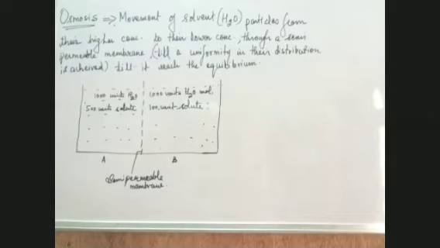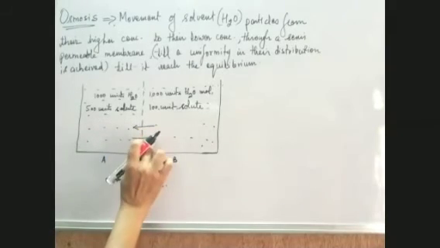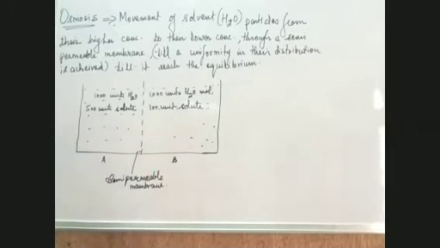Now on the basis of these points, can you tell me from which chamber to which chamber there will be movement? Will the movement of the water molecules be from chamber A to chamber B through the semi-permeable membrane, or from B to chamber A? Who's going to tell me this? Yes, beta, I'm waiting for your response. In which direction will there be movement of solvent particles, from A to B?